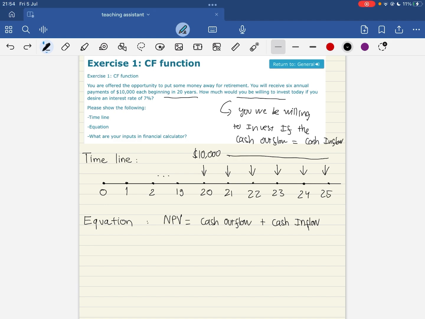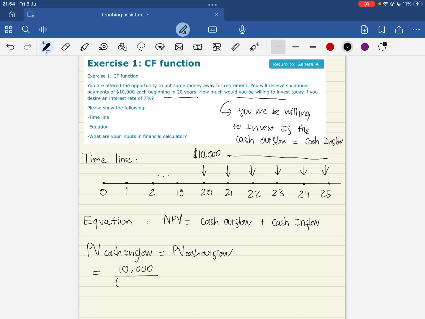And look again at the question. The only piece of information that we can exploit is $10,000 of payment, which means this is a cash inflow. For this kind of exercise, we need to find the present value of the cash inflow. So we can write something like this: present value of cash inflow equal to the present value of cash outflow. And this one equal to $10,000